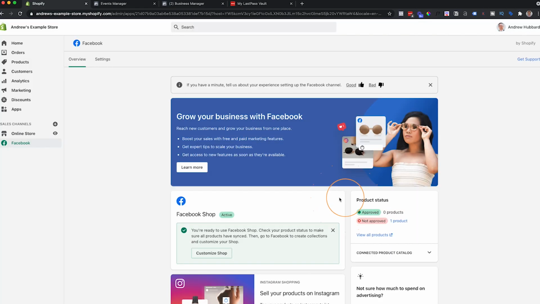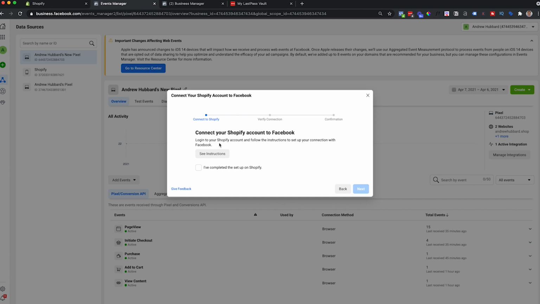Now we've installed the base Facebook pixel that's going to be set up right across our Shopify store, but we're not finished yet. We've got quite a few steps left that are really important in order to get conversion tracking working on our ad account. So we're going to click Got It. Okay, so now we're going to go back over to the Facebook Event Manager and finish the steps on that side. So back to Events Manager, you'll remember we left off here.